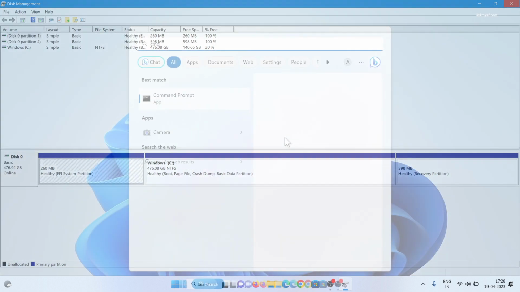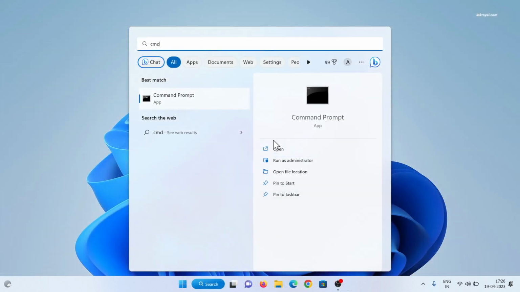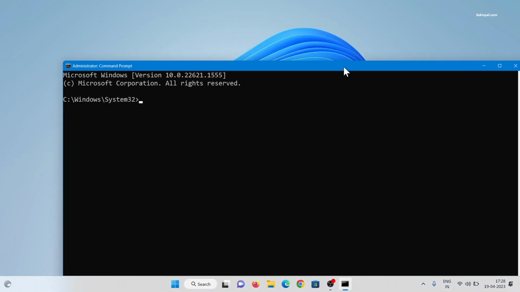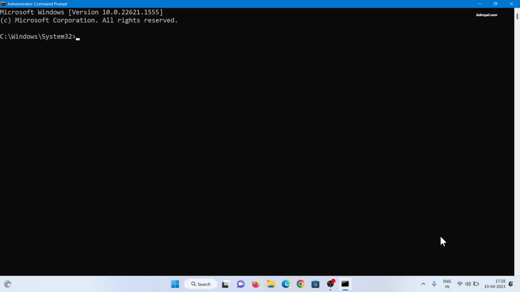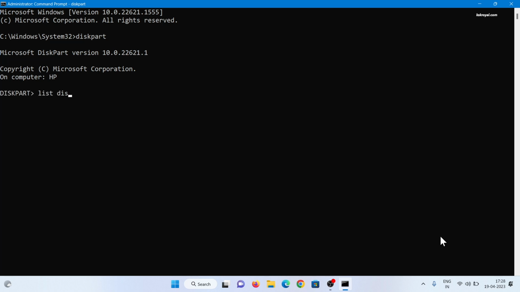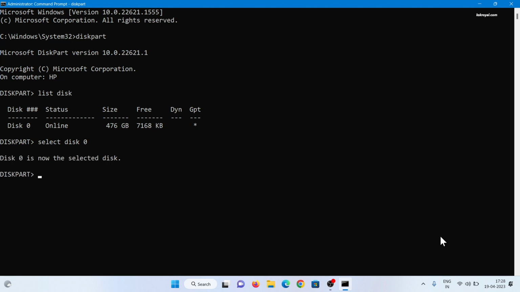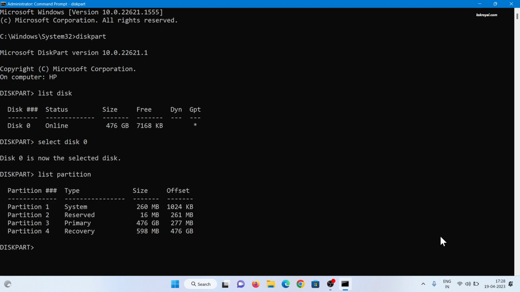Now go ahead, type CMD in the search bar and run as administrator. Then type diskpart. Then type list disk. This will show all of the drives connected to the PC. In my case, I have connected only one drive, which is where the Windows and Linux bootable files are installed. I'm going to select this drive by typing this command. Then type list partition to list out all of the partitions on this drive. You might see 3+ partitions.